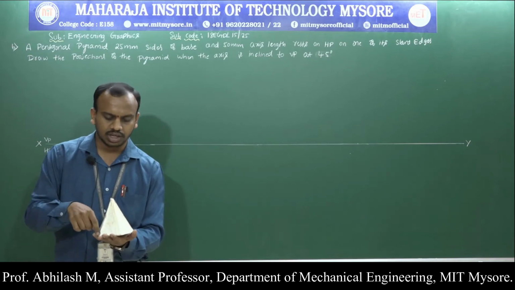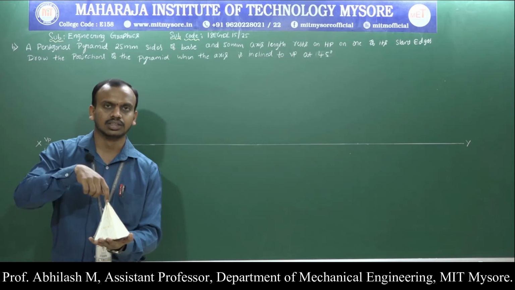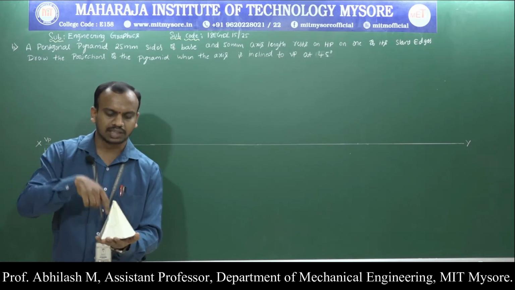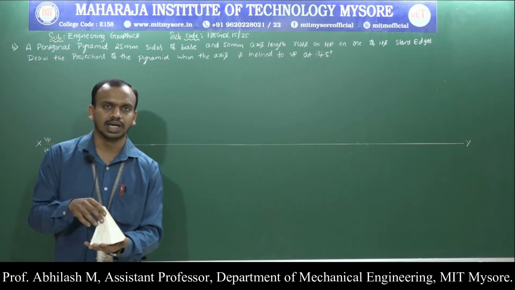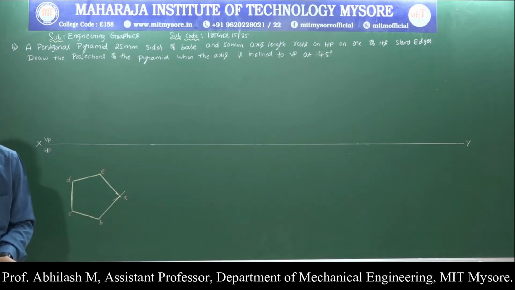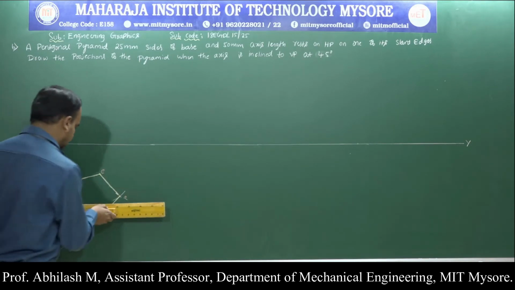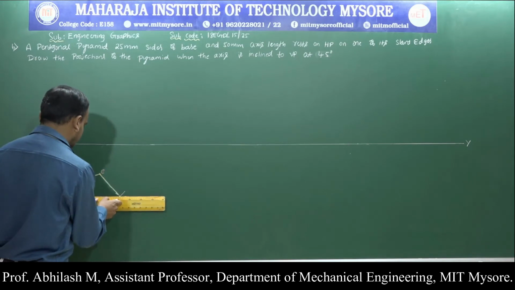Along with that, we can clearly see the slant edges. So only the portion up to the axis is clearly visible. We are supposed to make that dark, and the other part will be in a light line. So first identify the midpoint of this particular figure. How to do that? Draw thin lines from the corners to the